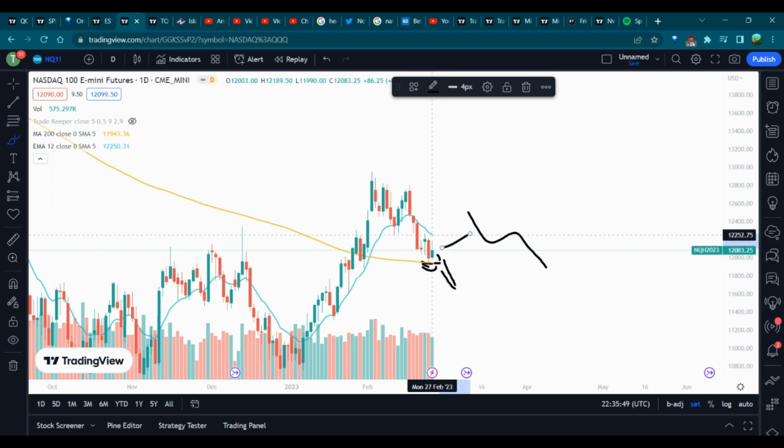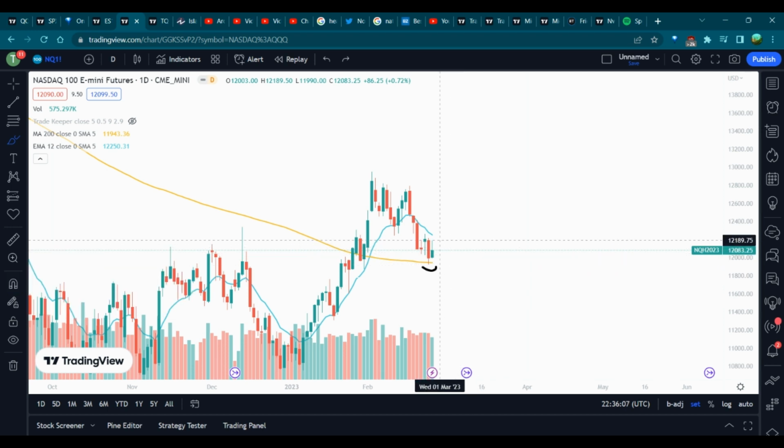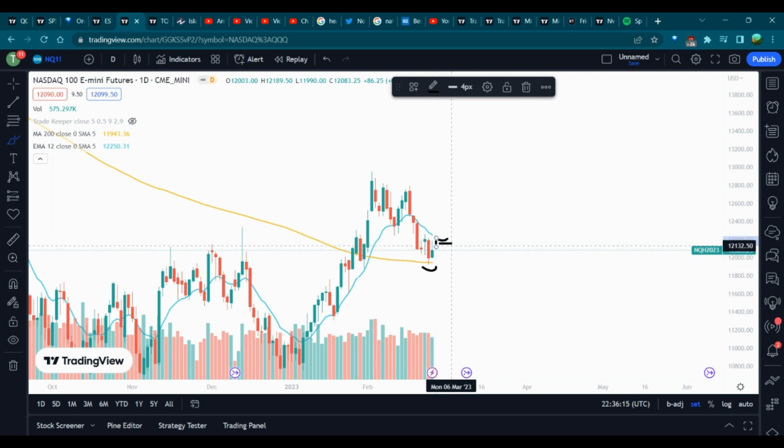And if we do break up, then I'm going to be looking at this teal looking line, which is the 12 EMA, as a resistance. So that'll likely be around 12,200-ish. So if we bounce up and we initially reject from it and it doesn't look like volume is coming in after the rejection, and then we just make a slightly lower high, then I would likely still be holding. But if we reject very hard from it, then I might just take profit. So we'll see how later this week of the trade goes, and tomorrow will be very key